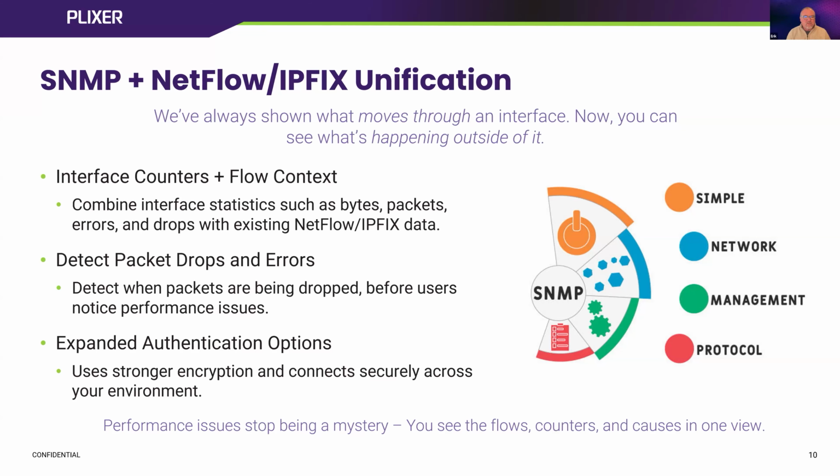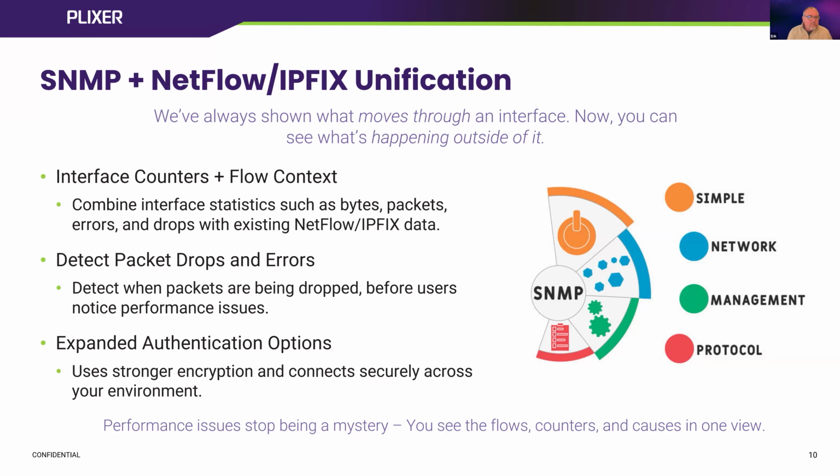You know, flow data tells you what's going on with the packets that are traversing through an interface. But this also now gives you the ability to see when a packet was dropped before it made it to the interface, or if there's errors on an interface that could be impacting that traffic. And we've merged this all into our existing reporting interface. So you can see, we'll show you in a minute here, but it's seamless to pivot between the SNMP data